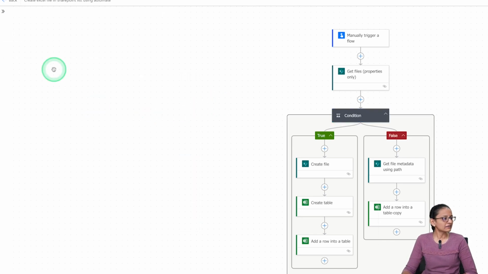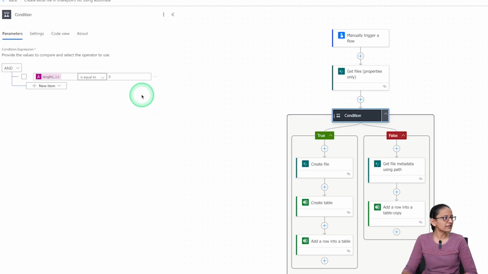Okay, then let me just click it again, and then you should write it is equal to 0. That means checking if the file is created or not. If the condition is true, that means the length is 0, that means the file is not there. Then it will create a file, create a table, and add a row. And if the file name already exists, then what will it do? It will